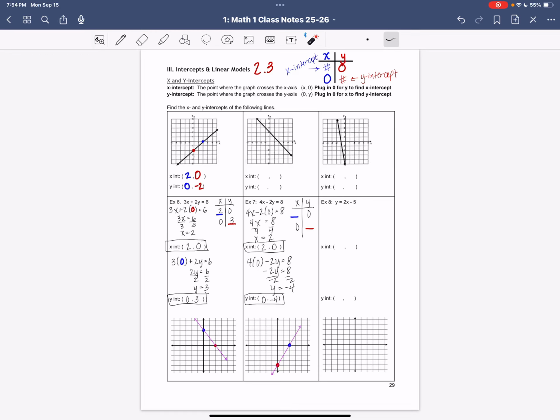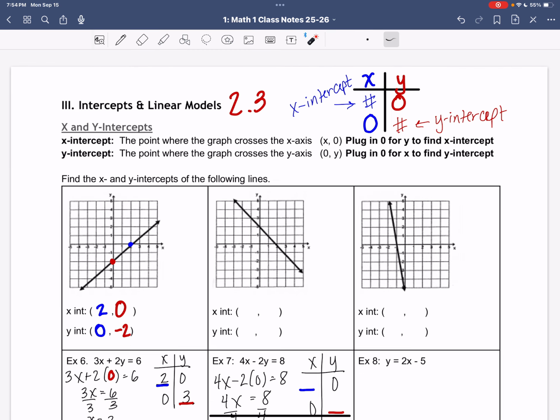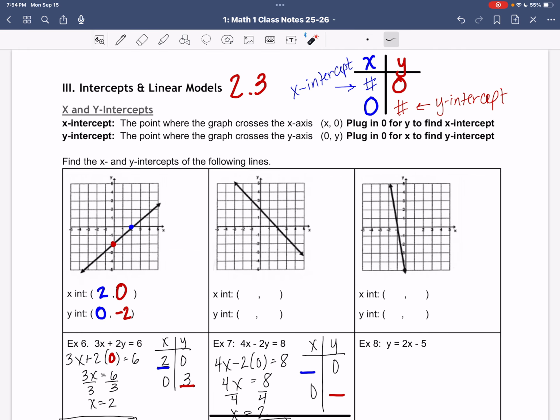All right, what we're going to talk about today are intercepts and linear models. So first let's talk about our x and our y intercepts. Your x-intercept is the point where the graph crosses the x-axis, so your ordered pair is (x, 0). To find your x-intercept, you plug in 0 for y, and then you have your y-intercept. Your y-intercept is where it crosses the y-axis at a point, and you plug in 0 for x to find the